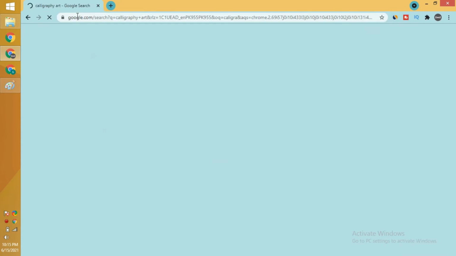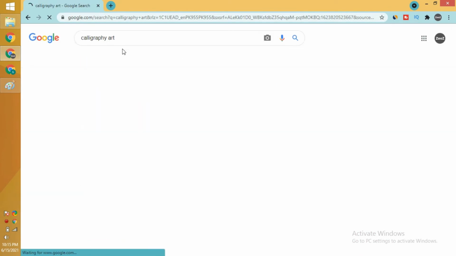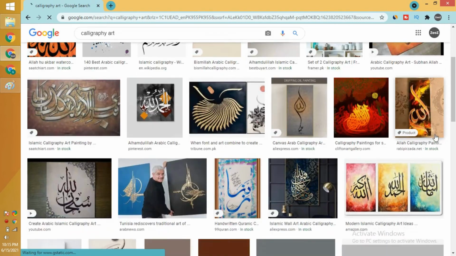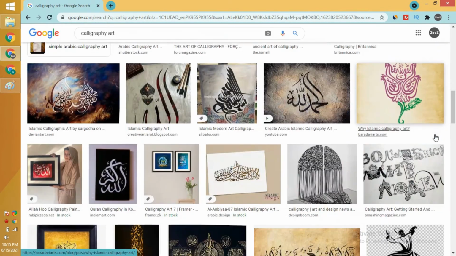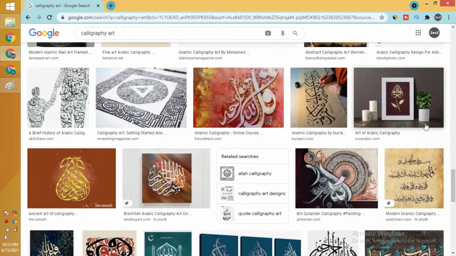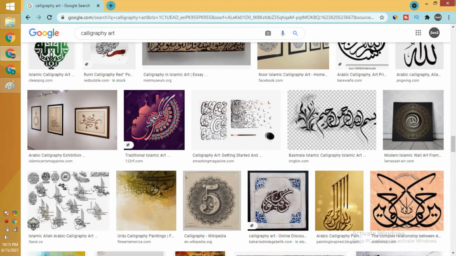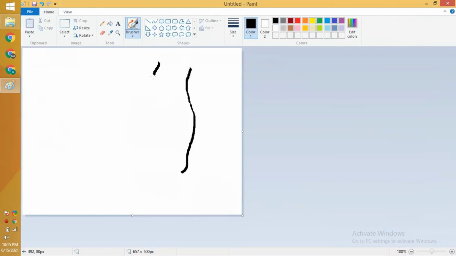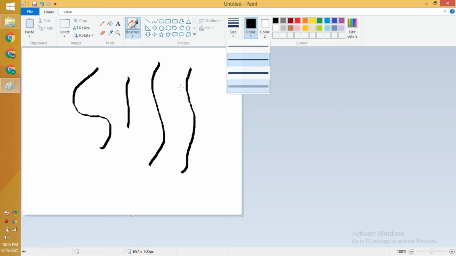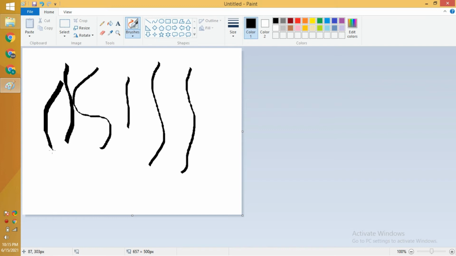Calligraphy art is mostly used for Arabic purposes, for writing Arabic words and ayat as well. So you can see it is looking very beautiful. I am not an expert in calligraphy, so I cannot use it very well, but I want to just show you. If you want to use it, you can use it from here as well. You can change its size, and you can drag it like this. It is just amazing, and I will highly recommend you to learn this one because it is just amazing.